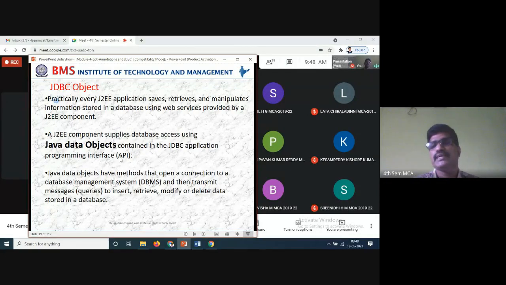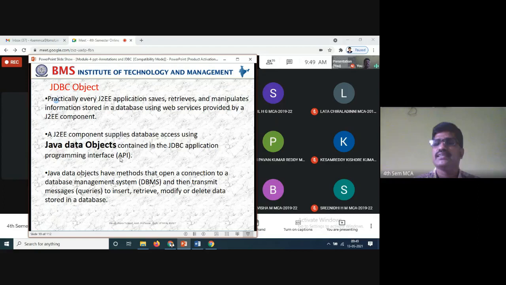For the database backend, whatever database you have created, you have to give the connection establishment between your program and the database. Once you have given the connection establishment, then you can write the queries.